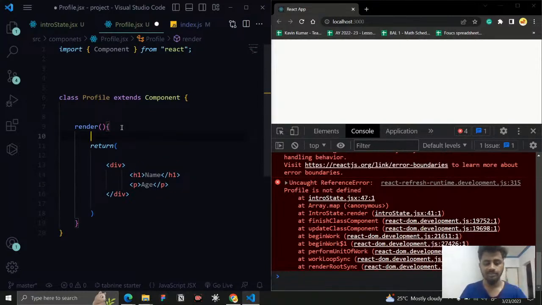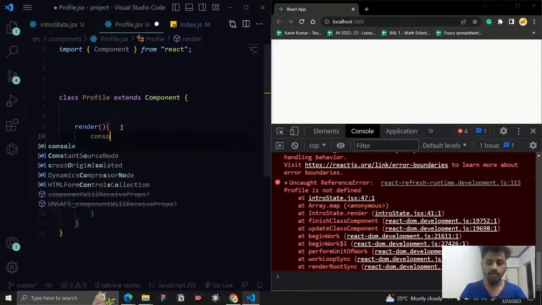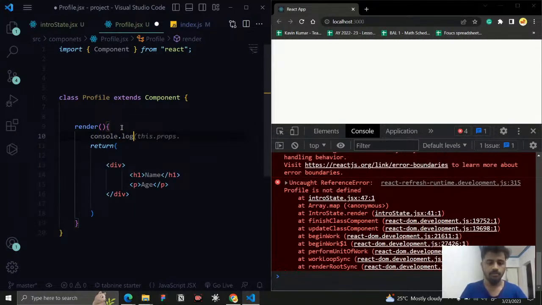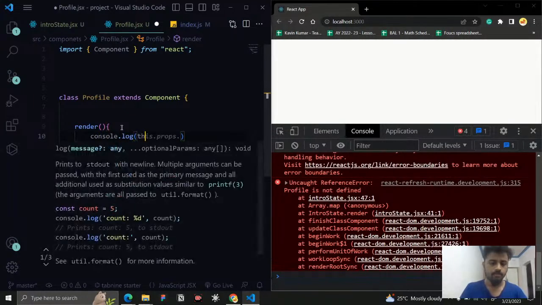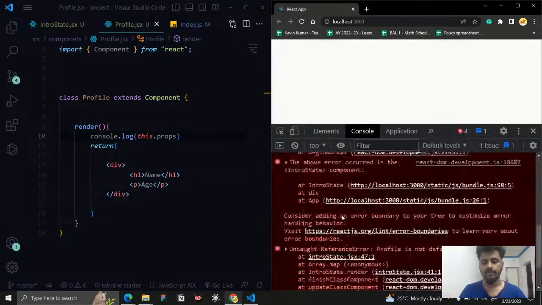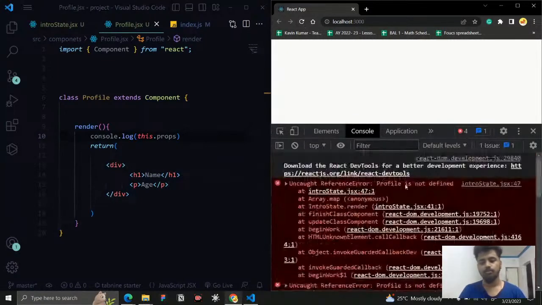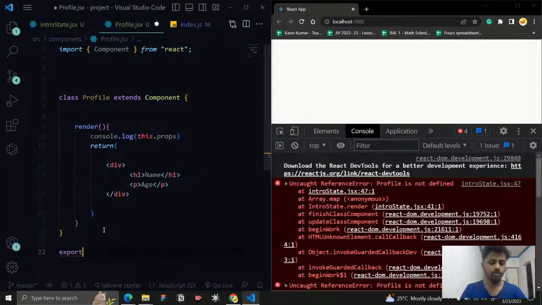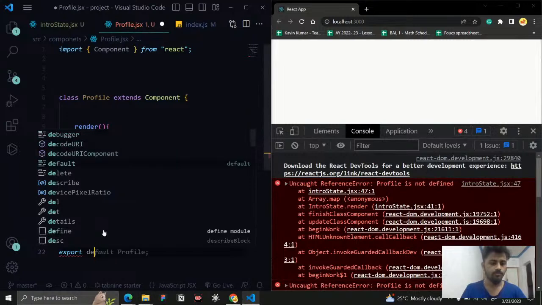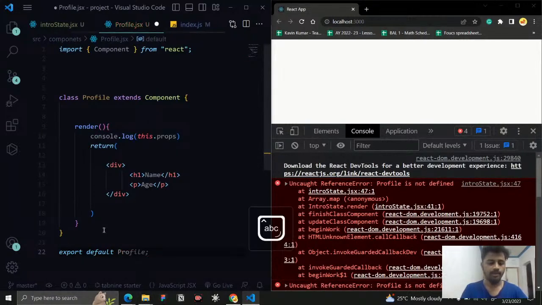So right now we want to get this profile. We passed it, right? So I'm going to say this.props. Here I just ask for console.log this.props, and if I save it, let us refresh it. Still we are getting an error. What is the error? Profile is not defined because we have not exported it, so I say export default Profile,